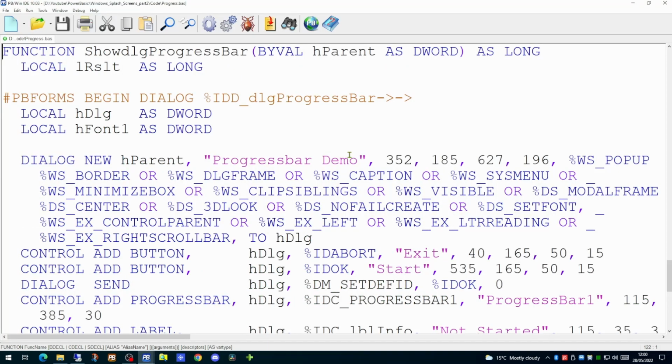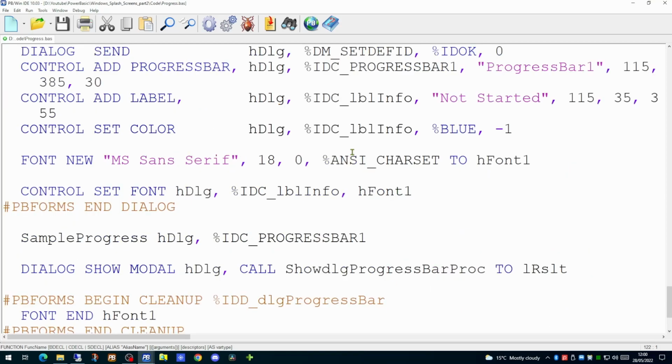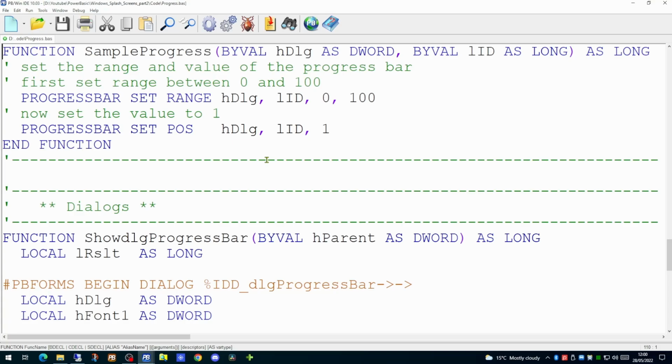In the dialog creation function, this is where we specify all the objects to appear on the dialog, the two buttons, the label control, and the progress bar. When you use the Forms Designer to add a progress bar, it quite happily adds in a little function for you to set the value and the range of the progress bar. There are two commands within this function, a progress bar set range and a progress bar set position. The set range sets the lower and upper bounds of the range of the progress bar values. In this case, we're setting it between 0 and 100, which is ideal to show a percentage complete.